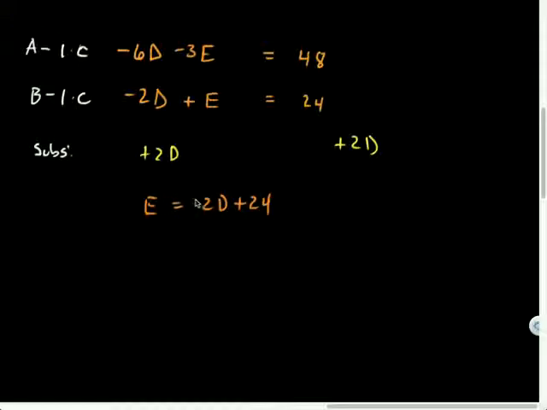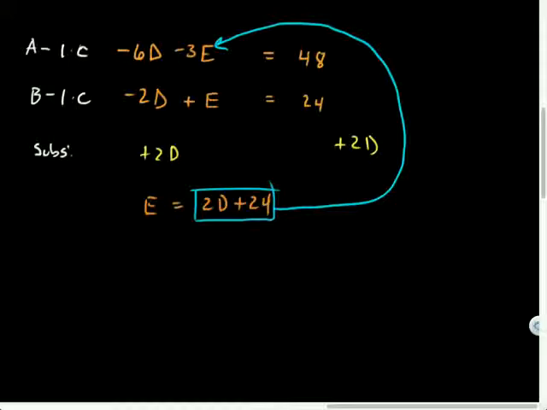And what do I do with this guy? It's got to be the one that I didn't originally solve for. Excellent. -6d minus 3 times, and instead of e, I'm putting this whole thing in there, 2d plus 24